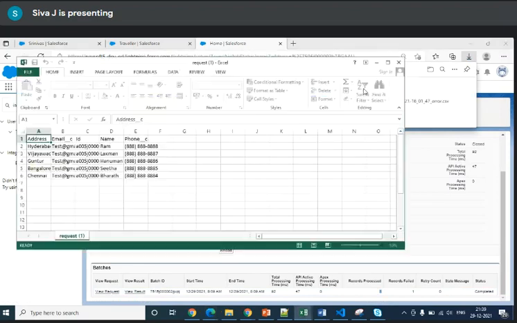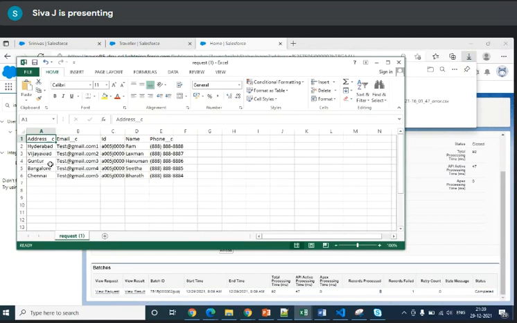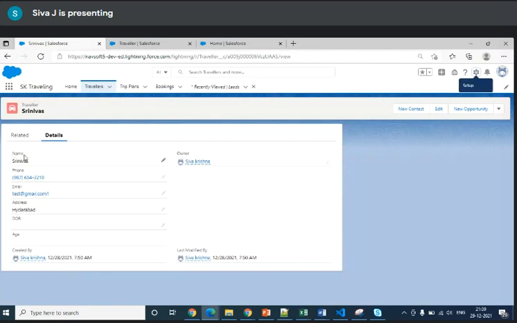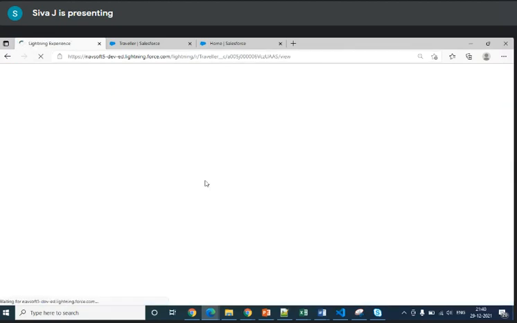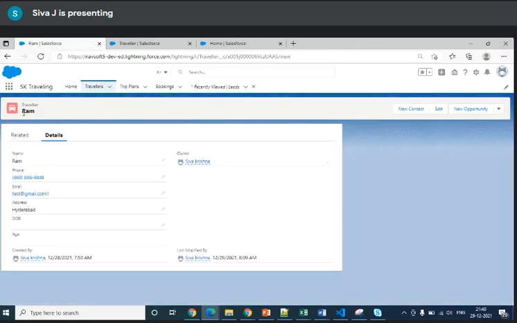Just open that request value. The record data has been updated. Then just go and see whether this Srinivas has been updated with a different name. Let's refresh it and see, because I used the ID. See, the name has come as Ram and the phone number has come as this value. This is the way you have to update. When you say update, the record ID is mandatory to update the data.